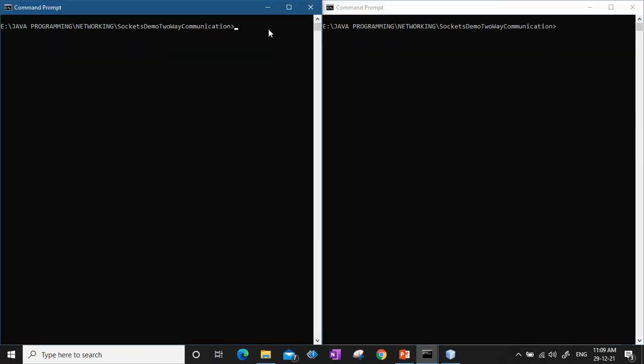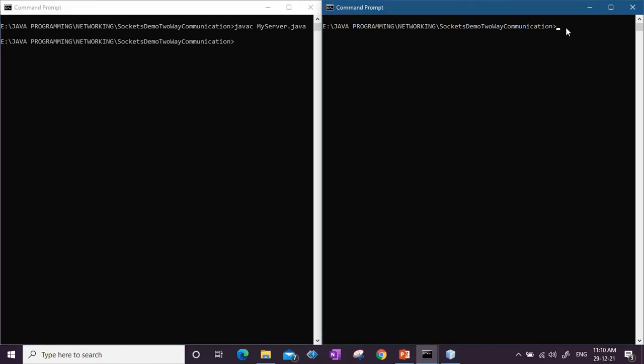So the very first thing is I'm going to compile my client.java and my server.java files. So I'll compile in the first prompt. I'll say javac MyServer.java. So I've compiled my server. Now I'll compile the second program, that is MyClient.java.